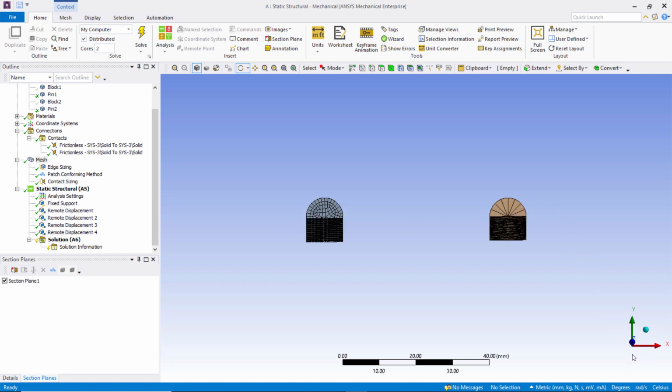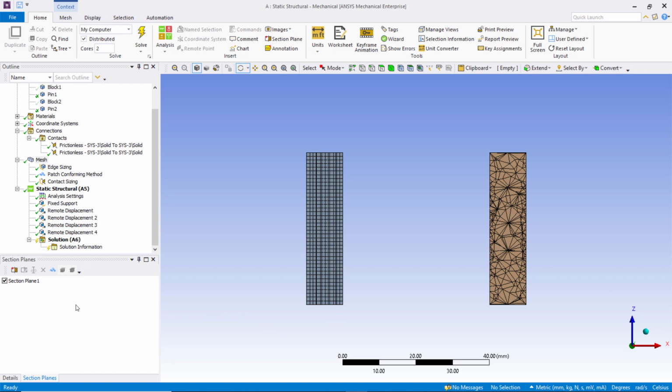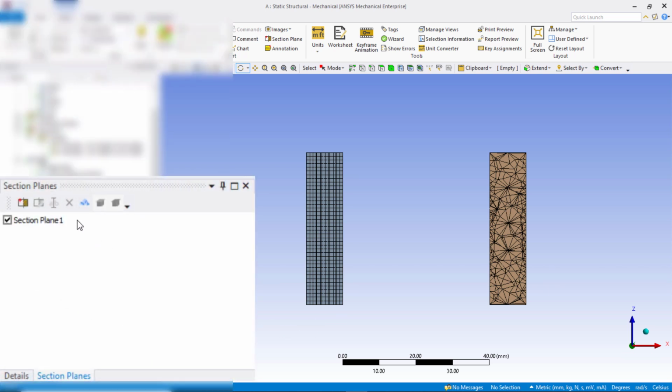Section plane definitions and properties can be edited in the Section Planes window. Activate the Show Whole Elements option for easier visualization, especially of the tetrahedral elements.